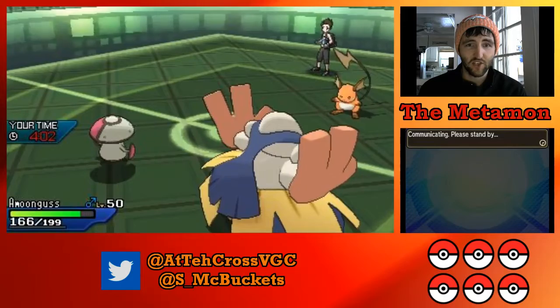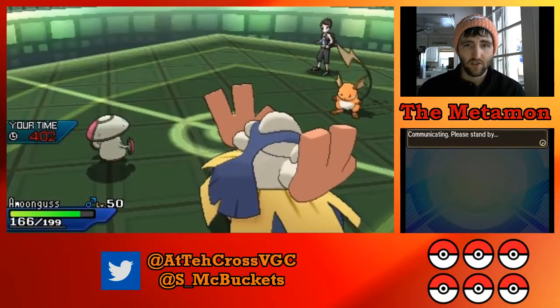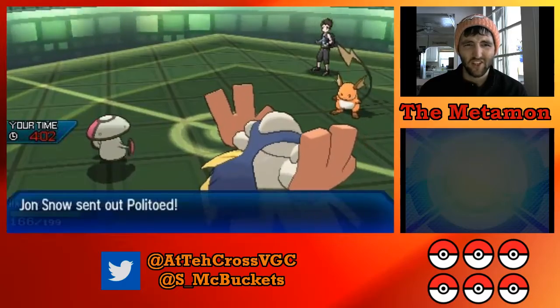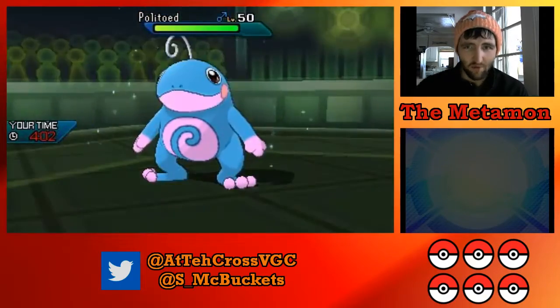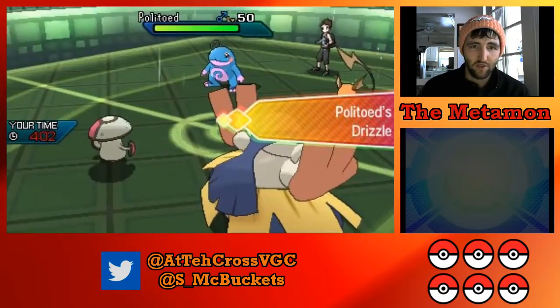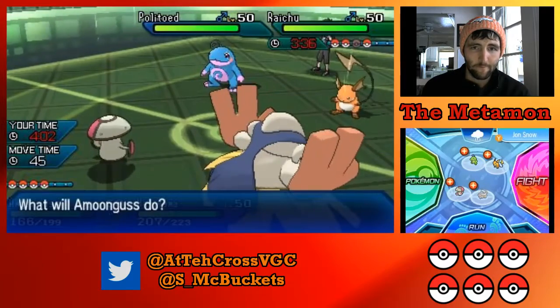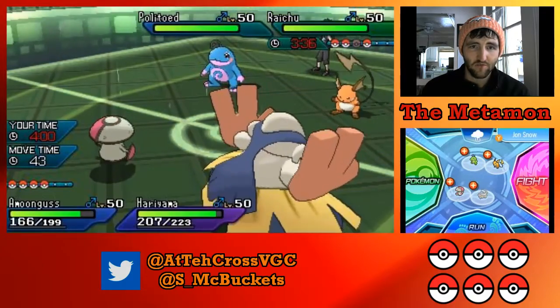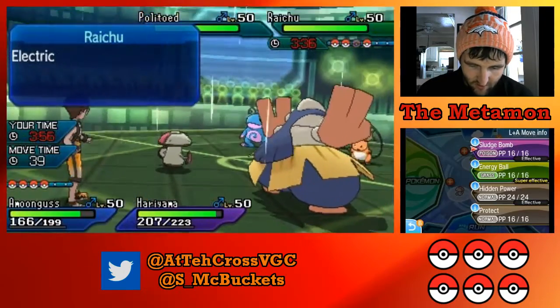And I have Stomping Tantrum on Hariyama. I don't think that's Oko's Raichu. Close Combat's actually stronger. The Stomping Tantrum is specifically for Nidoking. Okay, so here is the Politoed. So he could also have Rain Dance. I think I'm going to double the Raichu and get rid of it, because then I can just win the Weather War that way. So we're going to do...